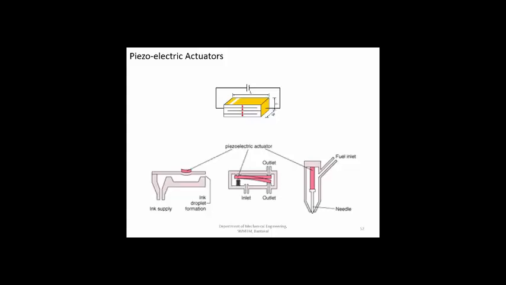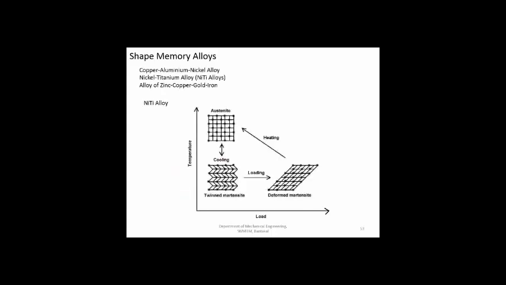The position of the laser is usually controlled by using a piezoelectric actuator. So you give the energy, the crystal is going to deform, and it is going to give the required kind of motion. The next one will be the shape memory alloy. A shape memory alloy is a special material which can remember a particular shape. So initially you give it a heat treatment, or you heat it up, and you give it a particular shape.